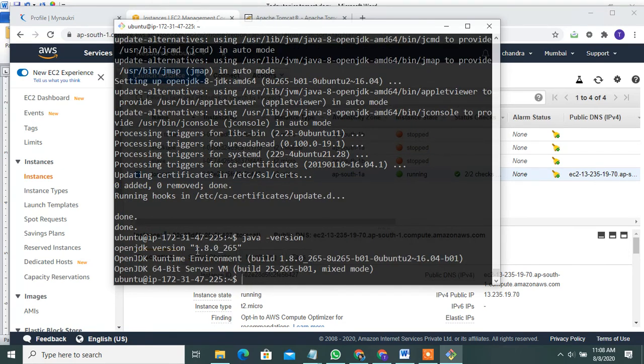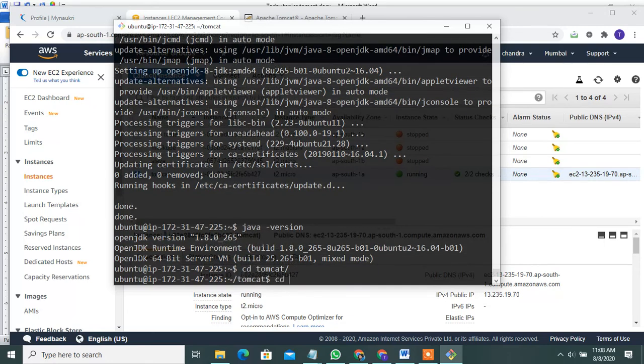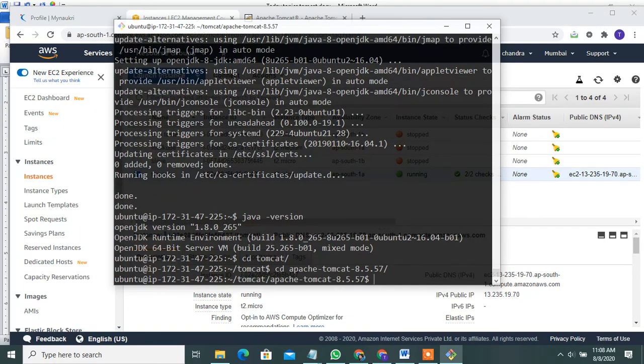See, version 1.8 is successfully installed. Go to Tomcat and go to the bin folder.